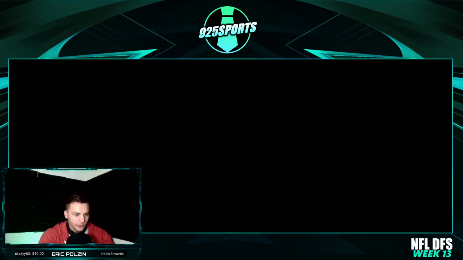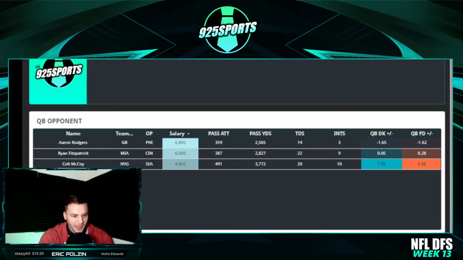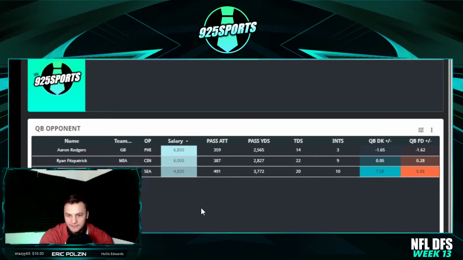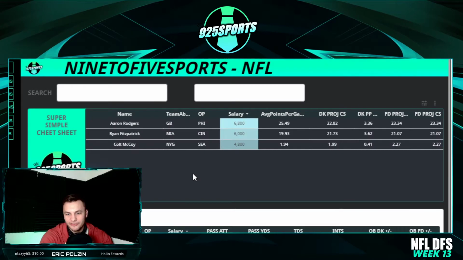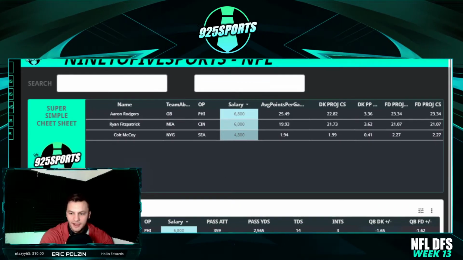All right, guys. So the quarterback plays that we're going to want to really start off with are going to be the three that I had pulled up there. So we'll look at Aaron Rodgers, Ryan Fitzpatrick, Colt McCoy. Those are going to be my three go-tos. So Colt McCoy I'm kind of just doing there because he's a good value play. Look at his plus minus. It's one of the best on the slate here